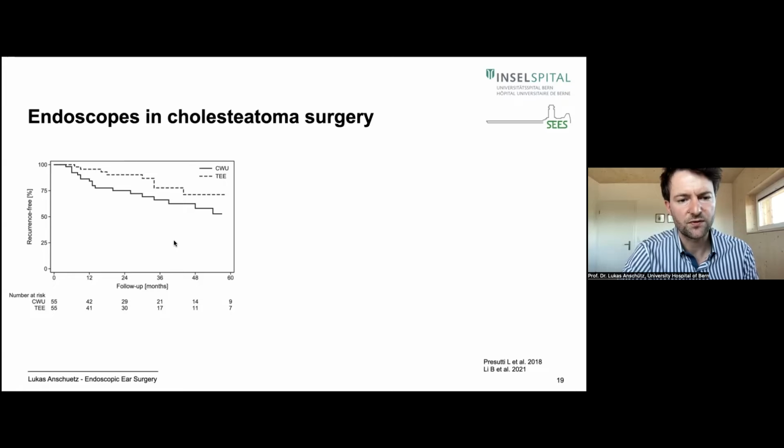He's one of the pioneers of endoscopic ear surgery, but a very skilled middle ear surgeon and lateral skull base surgeon all the way. And you can see here, if you take same size cholesteatomas and you have a canal wall up procedure, the recidive over the years is higher than if you use only an endoscopic approach. And I think the reason here is that if you spare the mastoid, you can really preserve the organ, and the buffer effect will make you have less recurrence.